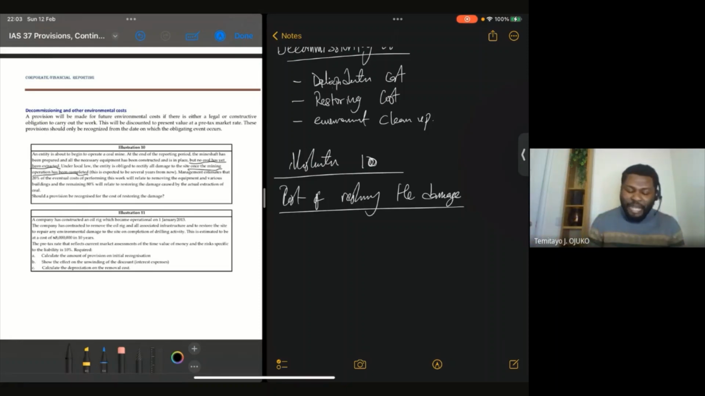So the damage will be restored based on the actual extraction of coal. It means that the obligation comes only as a result of extraction of the coal. Now I'm talking about the obligation for restoring the damages. We're told here that 80% relates to restoring the damage caused by the actual extraction of the coal, and this company has not extracted coal, so it means that no provision